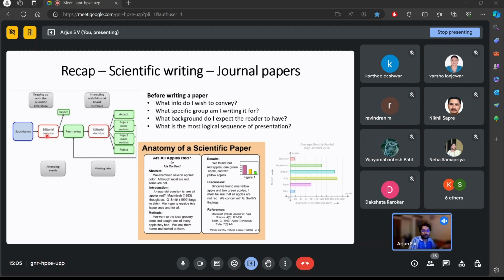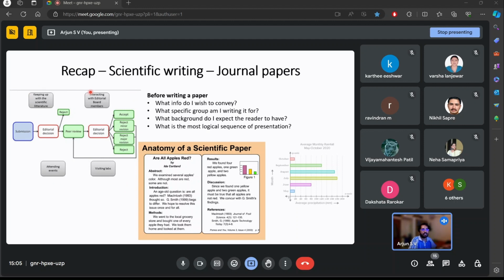So this set of people come together to read your article, to study your article, and then say if your scientific research is commendable enough. And through the peer review process, they also suggest changes to modify your research, to modify your communication of research in such a way that it reaches the correct audience in the most right way possible. And this is a major overview of all the processes that happen in